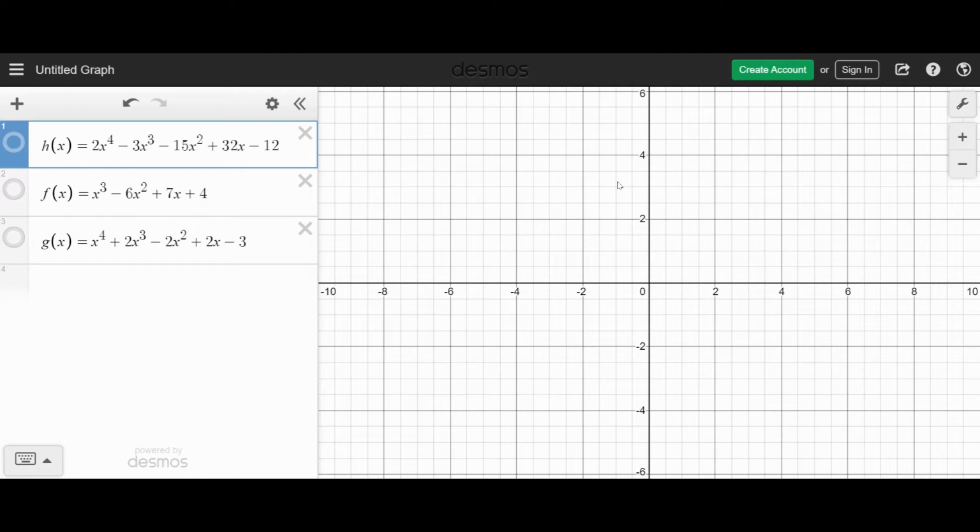Those, along with some of the other theorems you've been watching videos about and reading the textbook about, were tools that have been used in the past when we didn't have graphing tools like this in order to find zeros and x-intercepts. But because we have those tools at our disposal, I want to show you how they become